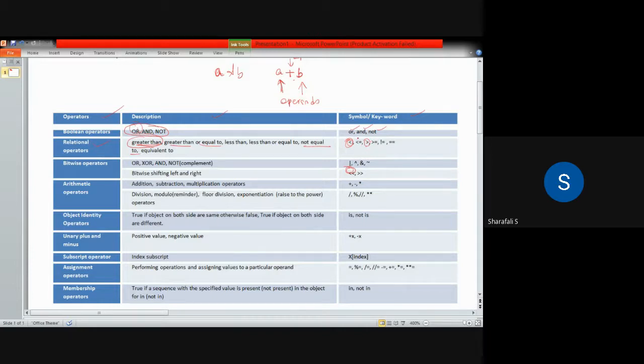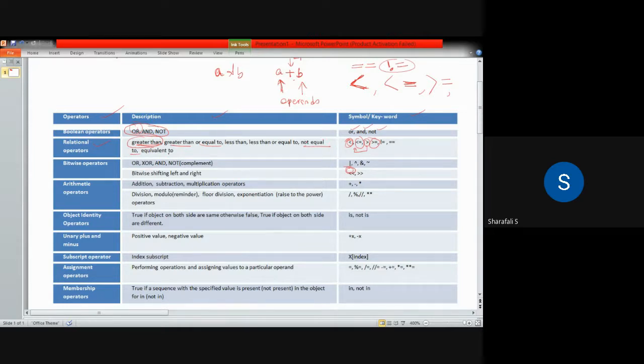This one is the less than or equal to symbol that you have to use, and this one is greater than or equal to. That is very simple. We use this commonly in mathematics also. So this is less than, this is less than or equal to, and then we have greater than or equal to, equivalent to, that is also there, and also not equal to, which we write like this. So these are the different relational operators available in Python. Don't confuse these two; I have to place this here and interchange those things.